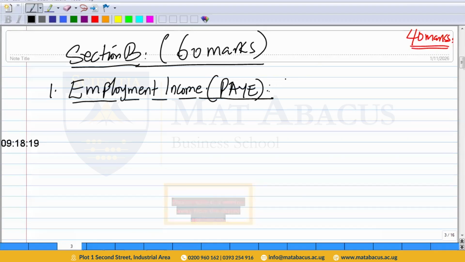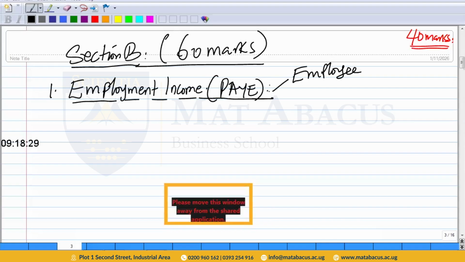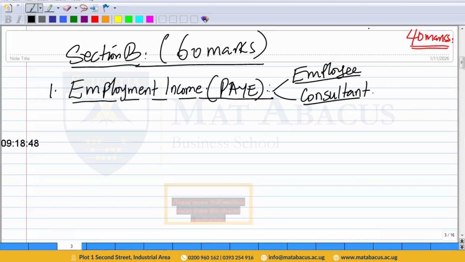And in here, we shall be looking at the difference between an employee and a consultant. The tax authority has had many cases between this. So you remember the case of IDI versus URA, where URA